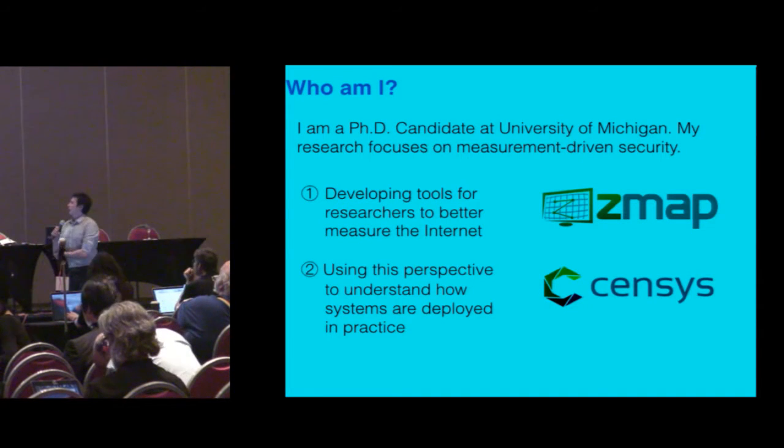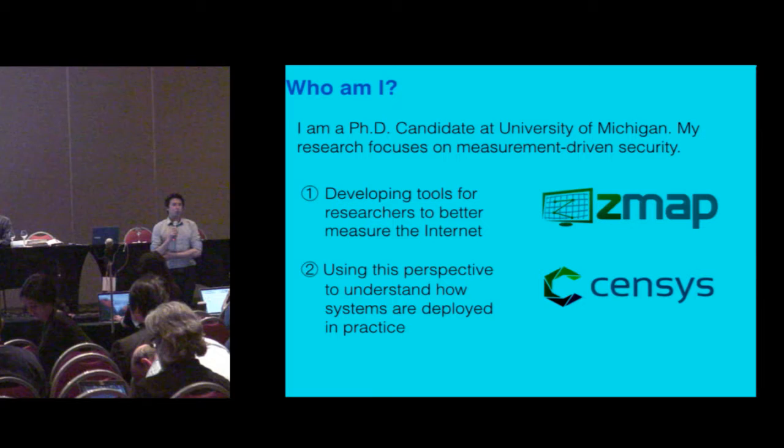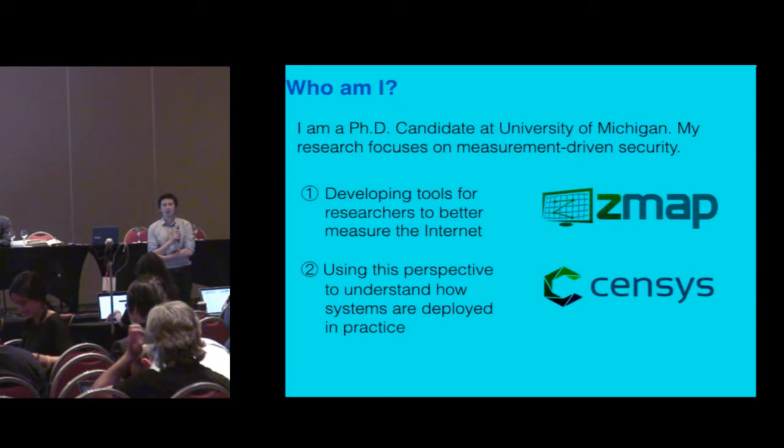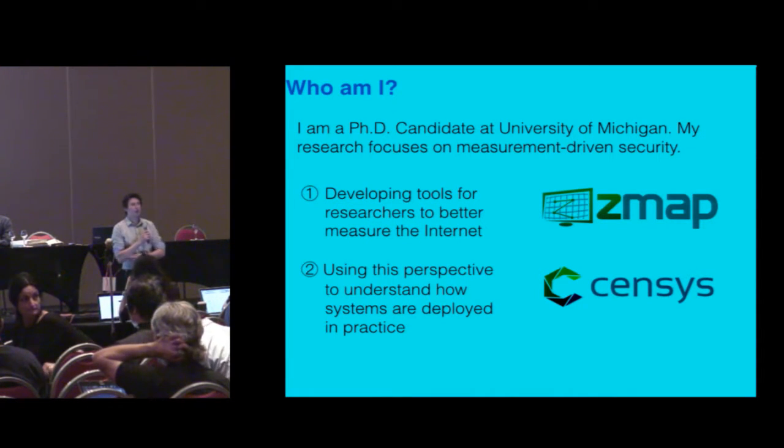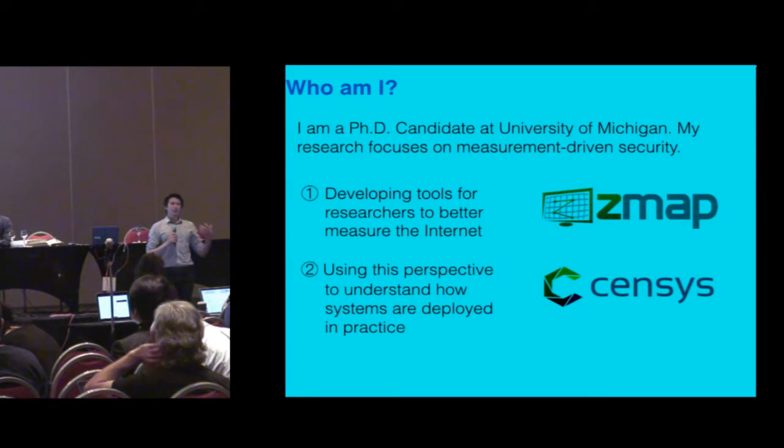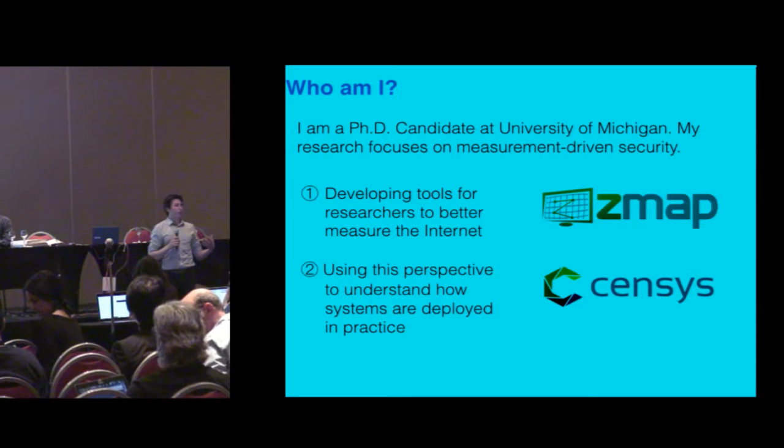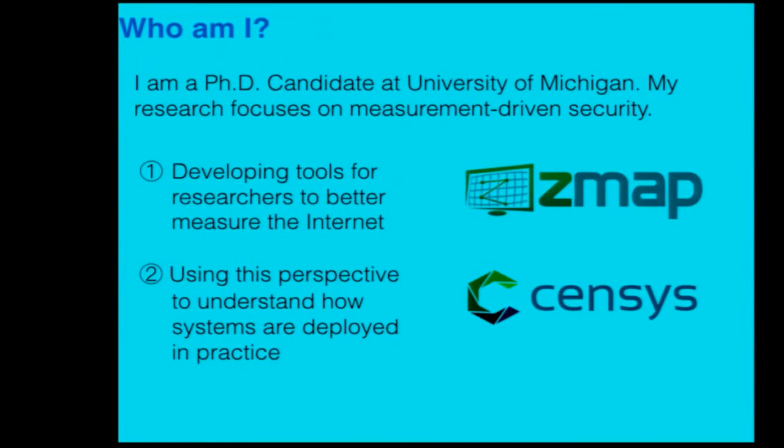My work has focused for a long time on developing tools for doing internet-wide measurement. A lot of this has been around scanning and ZMap. Given a global perspective of how the internet works, what devices are on the internet or what traffic you can see, how do we better understand how to secure systems? In the past, we'd like to take apart protocols and devices to figure out their security, but there's also this perspective of looking at these data sets, trying to understand what's going on in the real world, and developing protocols based on that.